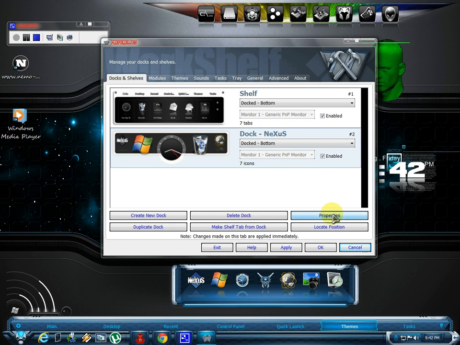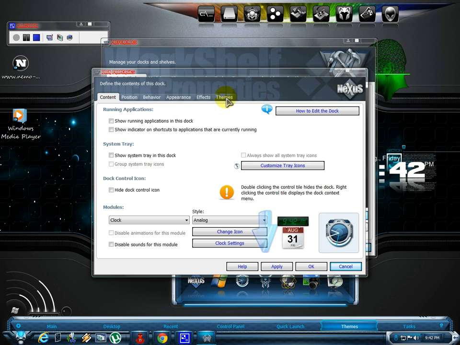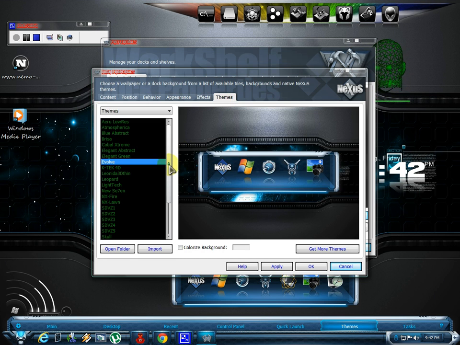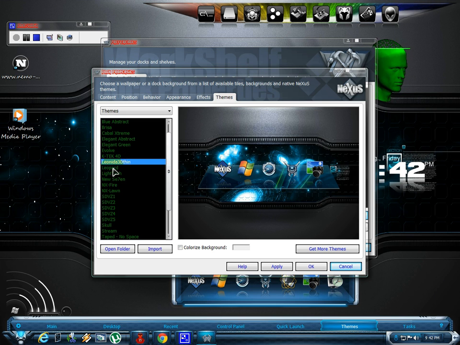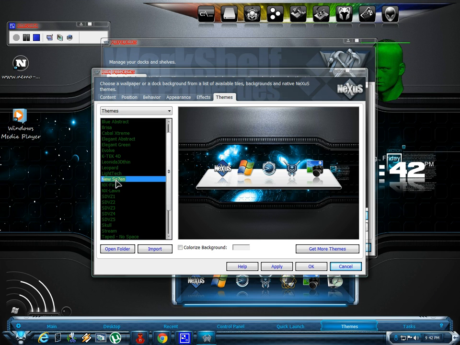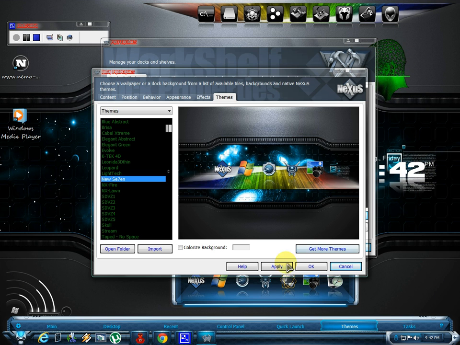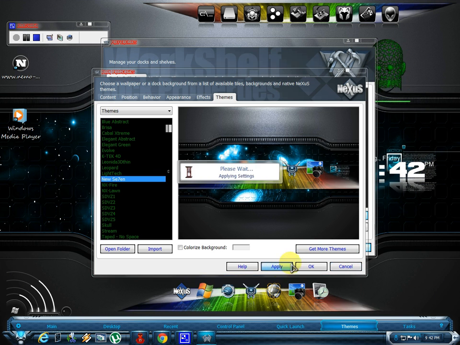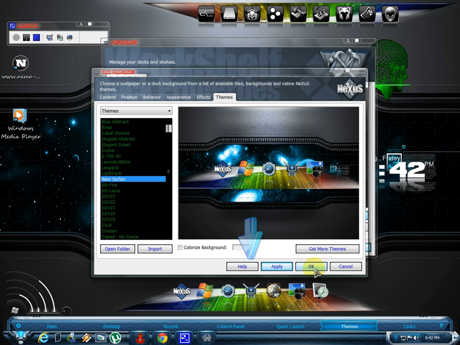Go to properties, go to themes, and go select the theme that you want. I like this theme, so I hit apply and press OK.